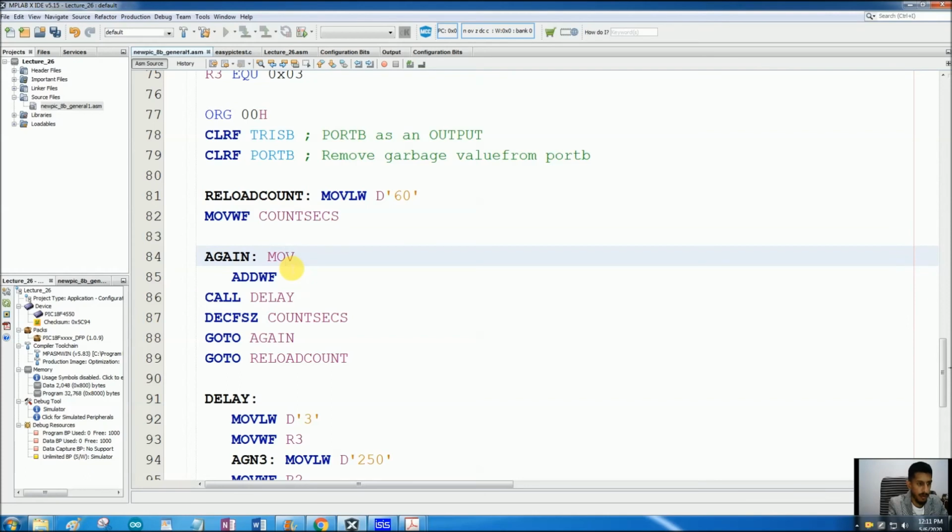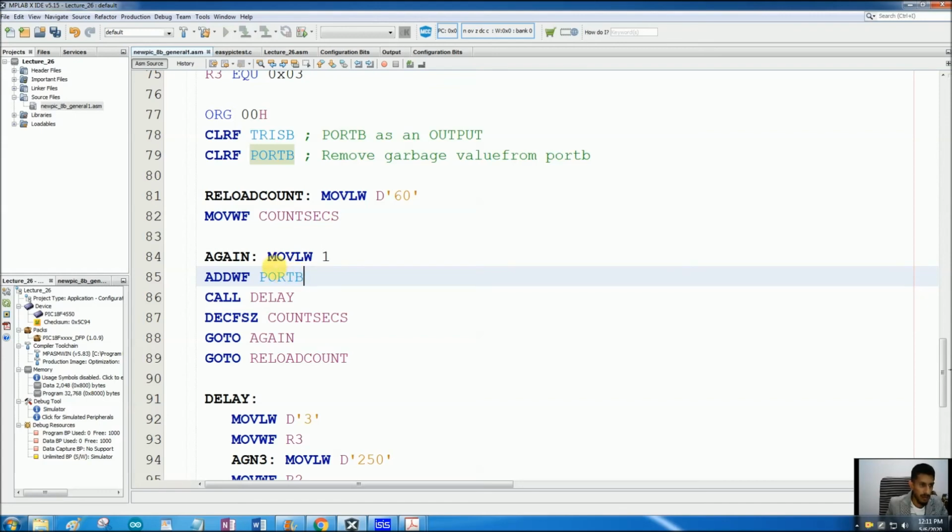First move literal 1, add 1 to the working register, then add working register and file register. Which file register? Port B. The result will be saved by default in working register. If we specify that we have to save it in file register, then it will be saved in file register. If we don't specify, it will automatically be saved in working register.